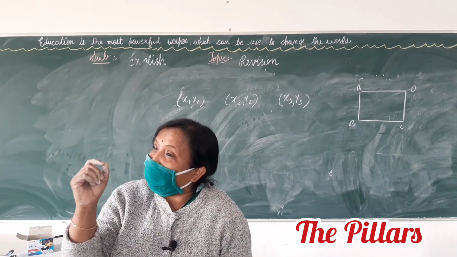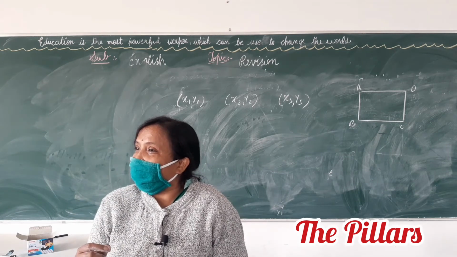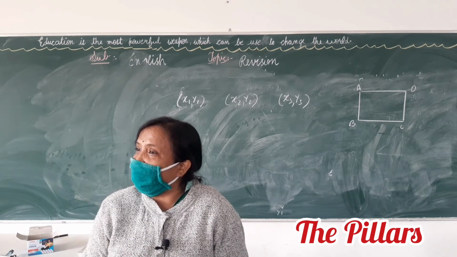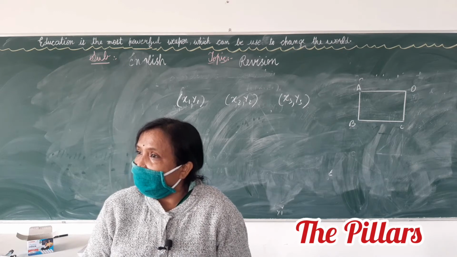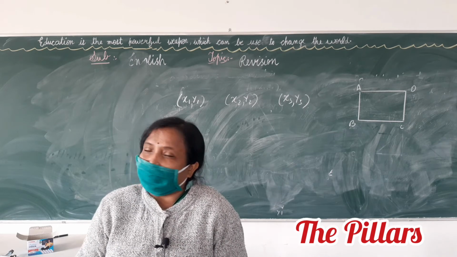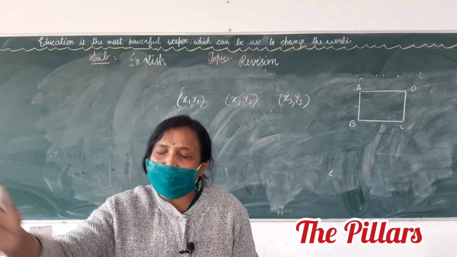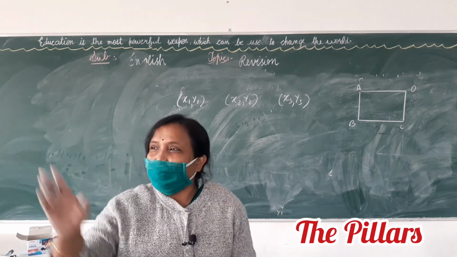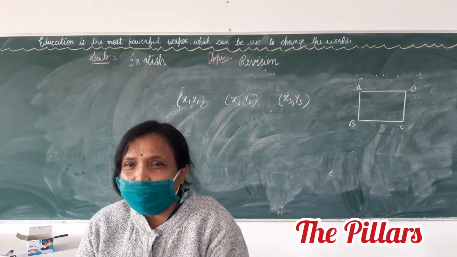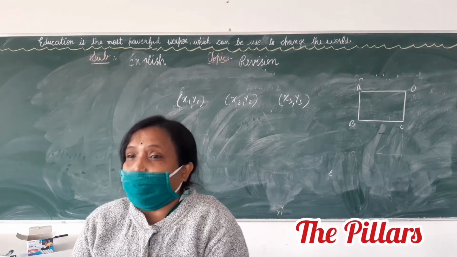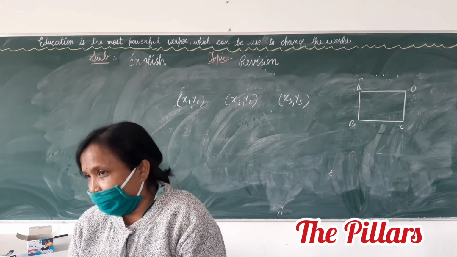Yes, tell me. How do you find the midpoint of a line segment joining 2 points? x2 plus x1 by 2 comma y2 plus y1 by 2. Okay, fine. x2 plus x1 or x1 plus x2, same thing. Clap hands for her also. Very good. Okay, sit down. Vishnu, tell me. Because he doesn't know how to clap. He is the odd one in the class.